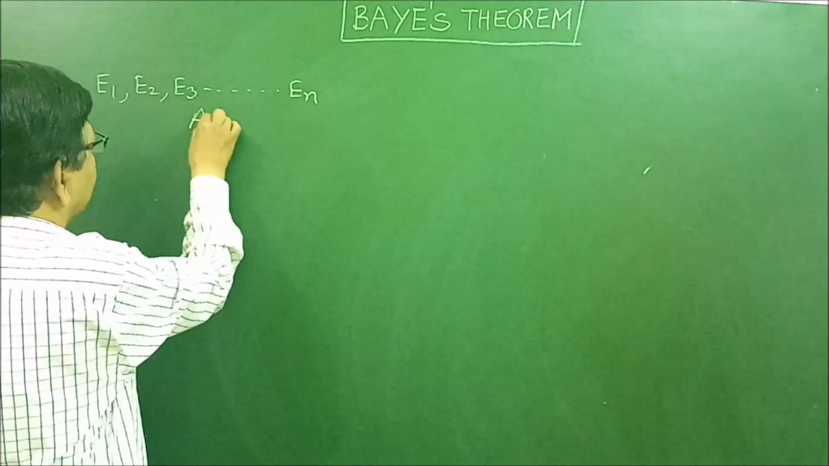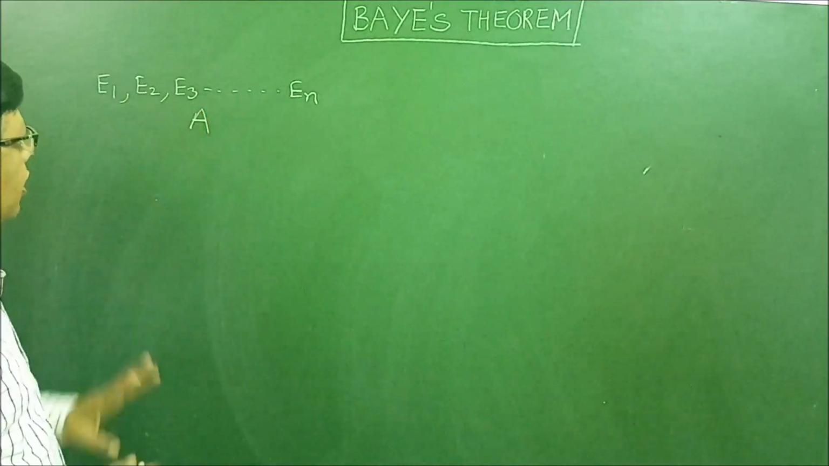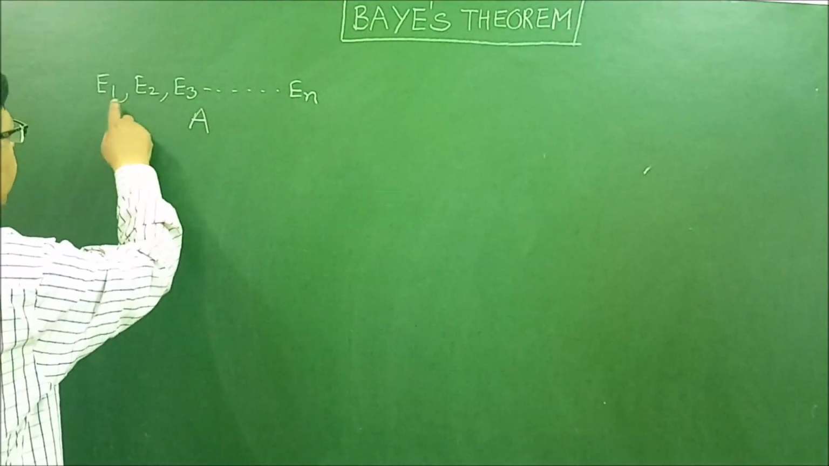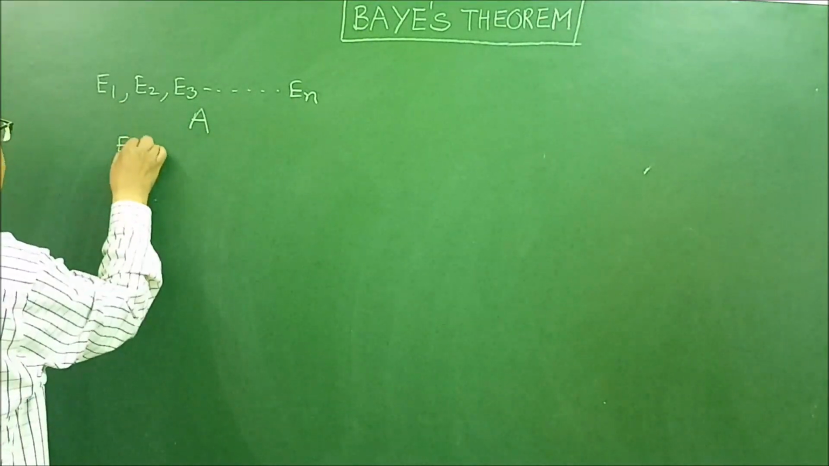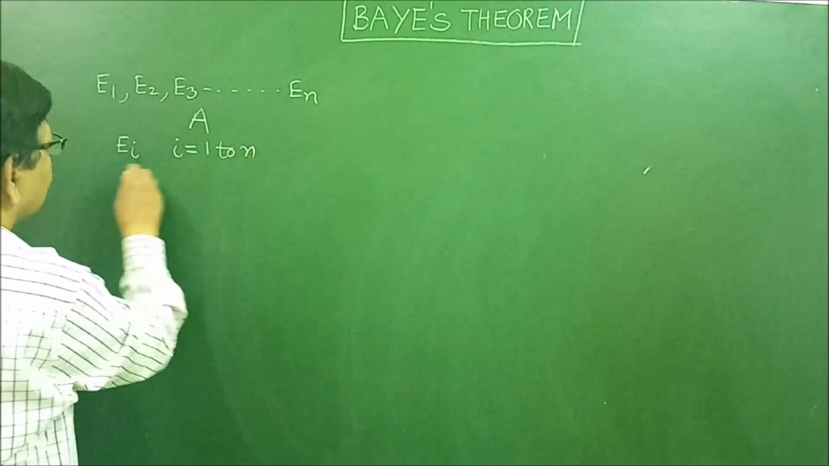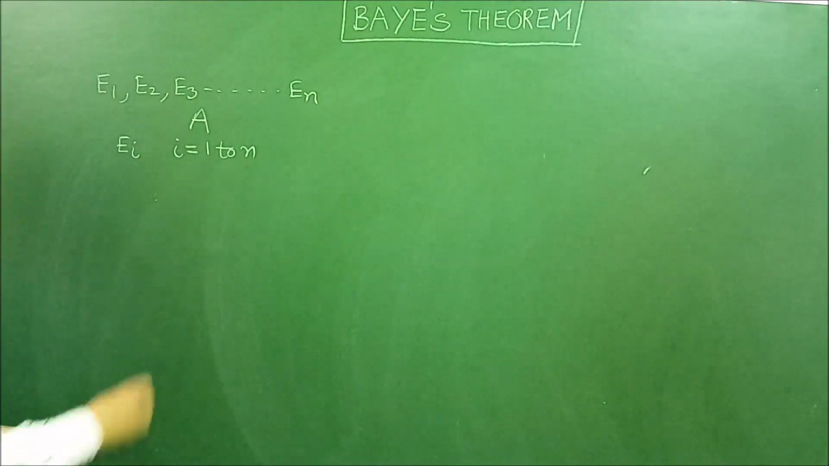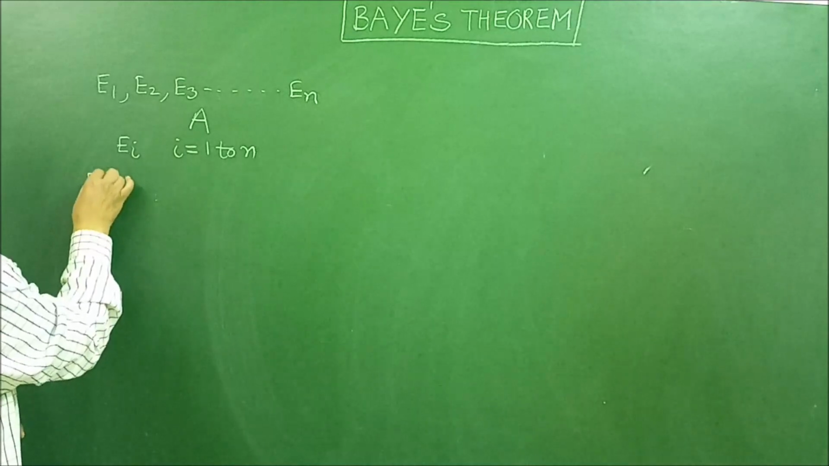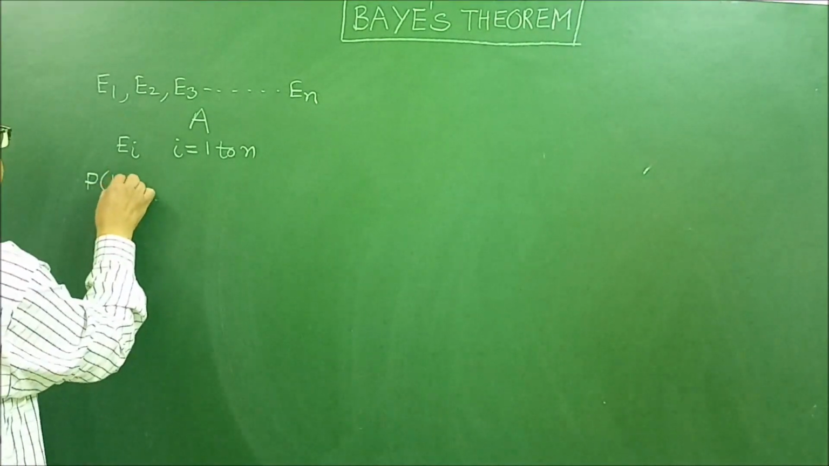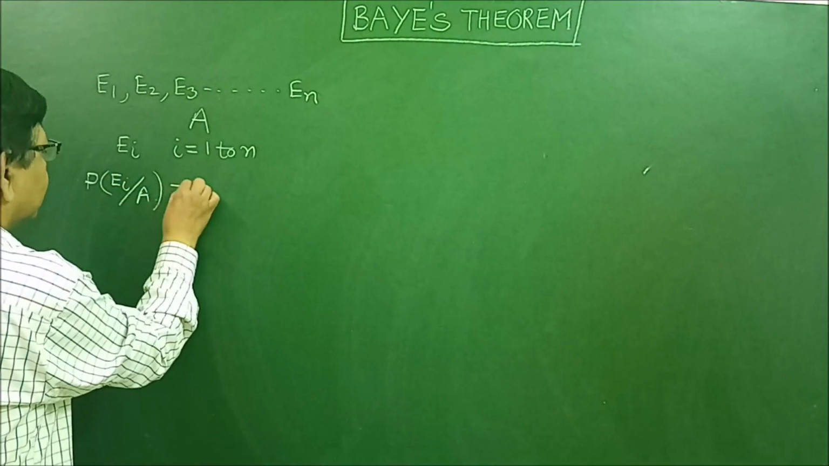A is another event which either occurs with E1 or E2 or E3 or En. Let us denote all these events as Ei. Here i varies from 1 to n, meaning this Ei can represent any one of these mutually exclusive events. Now if we want to find the probability of Ei when A has occurred, this is equal to